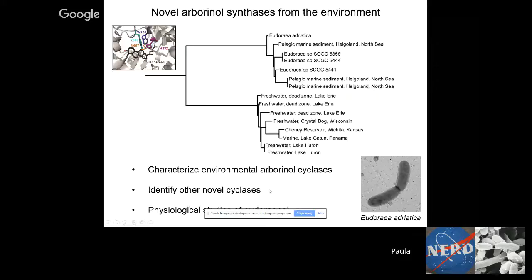Can we look at amino acid sequences of all those metagenome OSCs that I highlighted to you? Can we see significant amino acid changes, express them in E. coli, and then see if they're making a novel molecule? And of course, we want to study the physiological effects of these lipids. What are these lipids being used for?